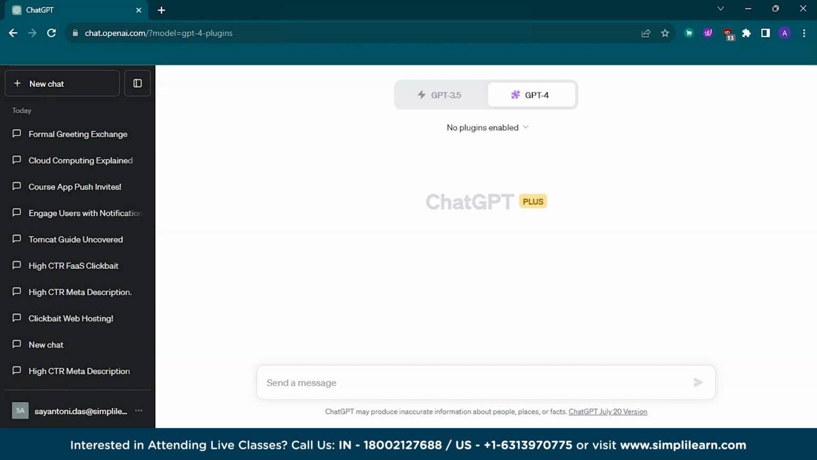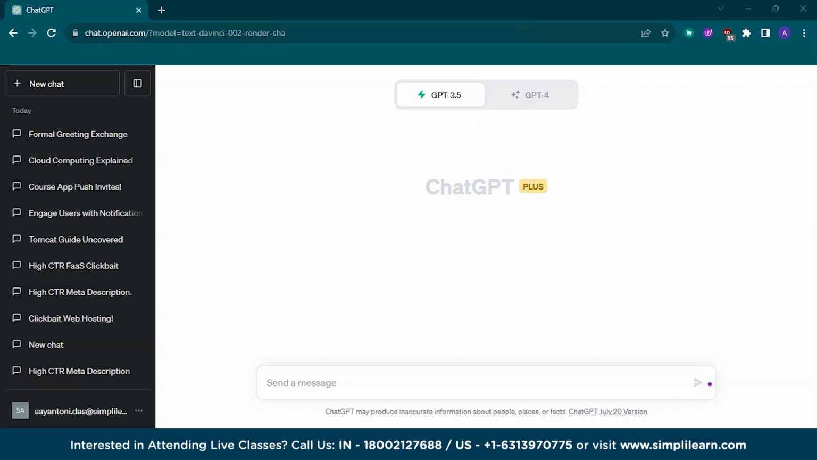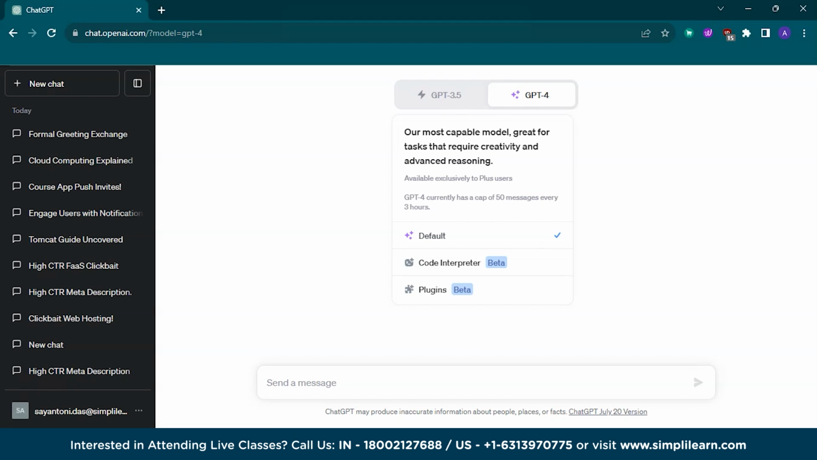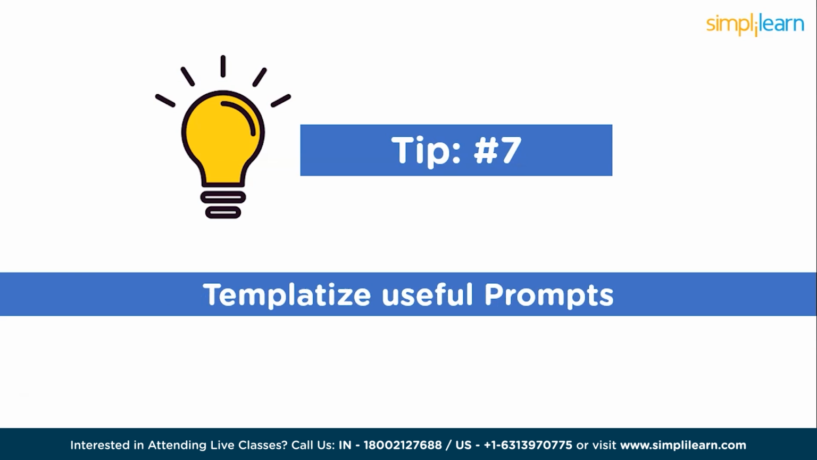Now moving on to the next tip, that is tip 6. Use the web browsing feature. So with GPT-4 and with the beta versions, you get a feature to search with Bing or to browse with Bing. That is not available for my account or for my area. So this is the new tip. You can use it if you have the paid version and if you are accessible for the beta version of browsing with Bing. So this was our next tip, and moving on, we will see our seventh tip, that is